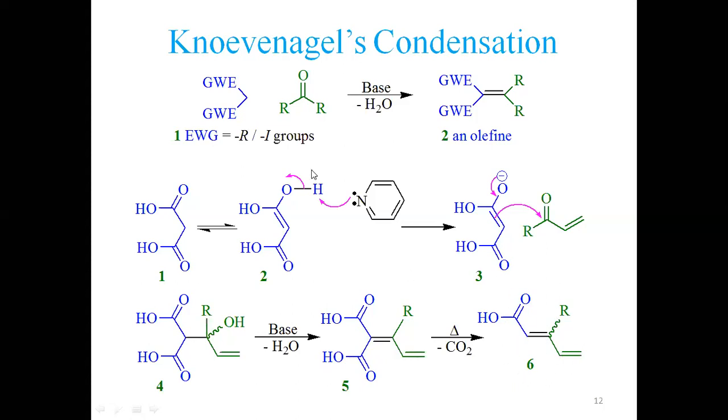So this is called Knoevenagel condensation. You see, in all such condensations, we are replacing our substrate with a different functional group, reacting with an aldehyde, reacting with a ketone, reacting with an acyl halide, or reacting with alpha beta unsaturated systems. So if I summarize all of them, these are the outcomes. So this is commonly called Knoevenagel condensation.